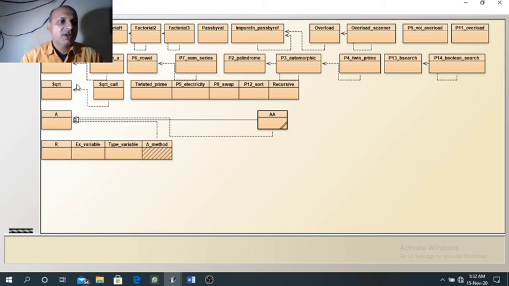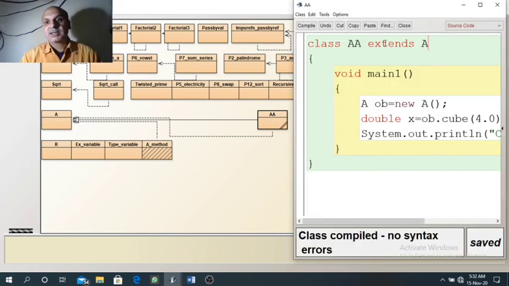This is the sign of inheritance. When you are getting a dotted arrow, it means we are calling one function from another class. But when we use this dark arrow, and dark line here, it means we are inheriting a class. So for inheriting a class, this is the syntax.